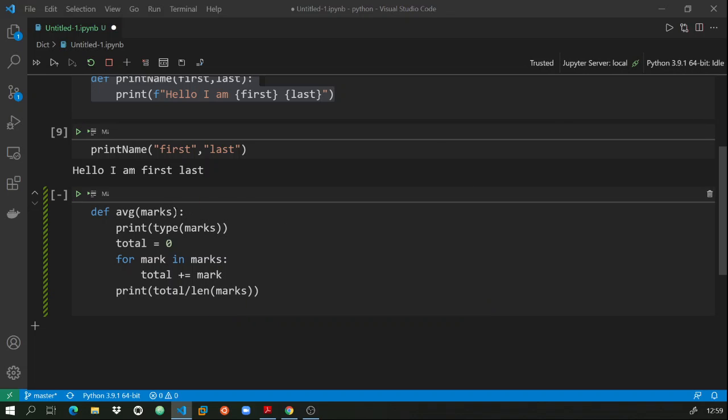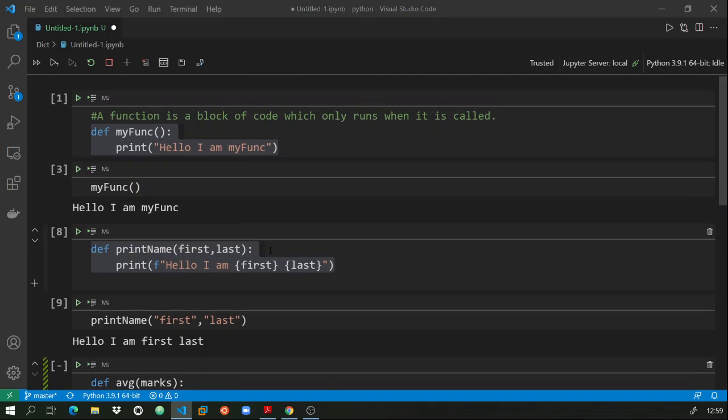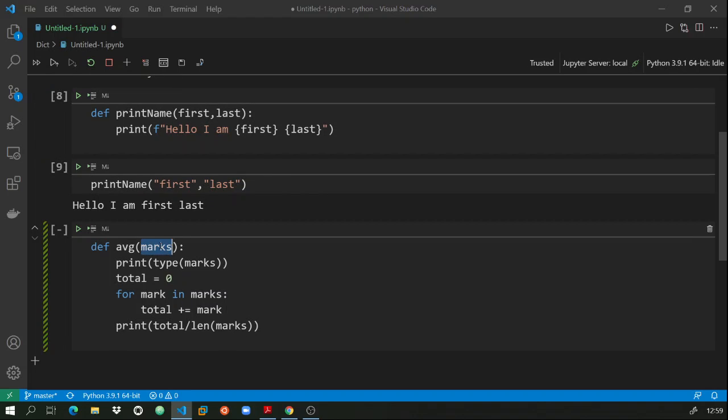So see, when passing only one value, we have used only one name. Similarly here also, but how will Python understand that there's only one variable, but it takes multiple arguments? For that we provide an asterisk here. That's it. By this, the Python program knows that marks can take any number of arguments when it is passed to this function.